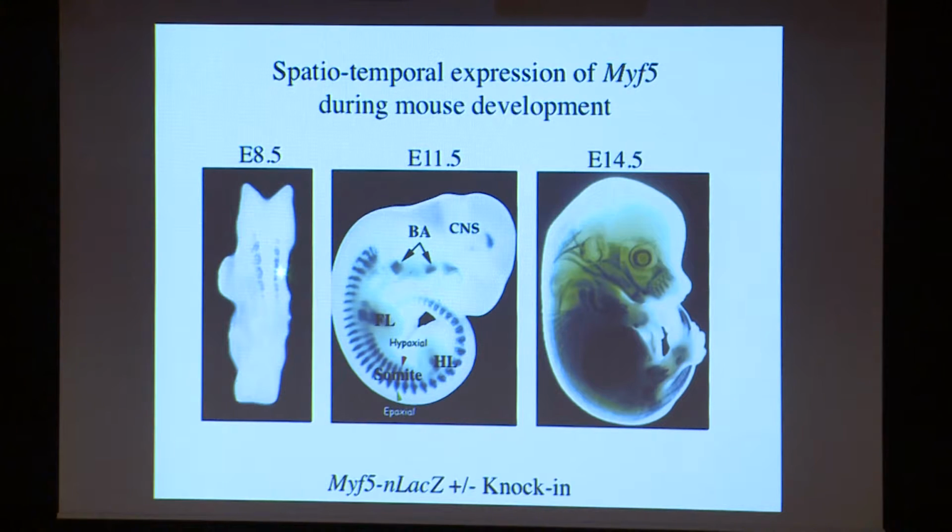And once this is in somites, expression of MyoD will continue when all the somites are labeled. In addition to somites, one sees the forelimb and hindlimb, which are forming at this point, which also express it. And then at later stages, most of the muscles are expressing the reporter gene, indicating that these muscle regulatory factors were following the expected pattern, that is, expressed at the right time in